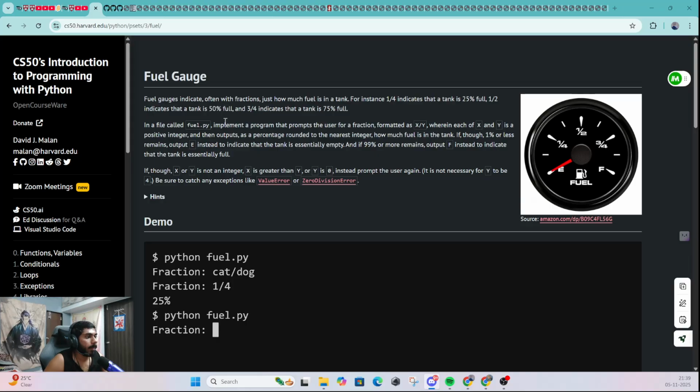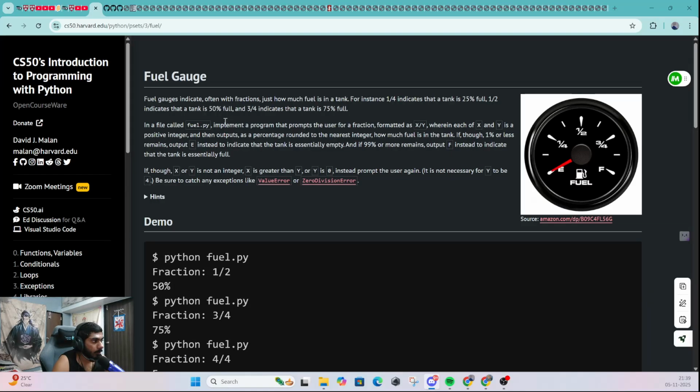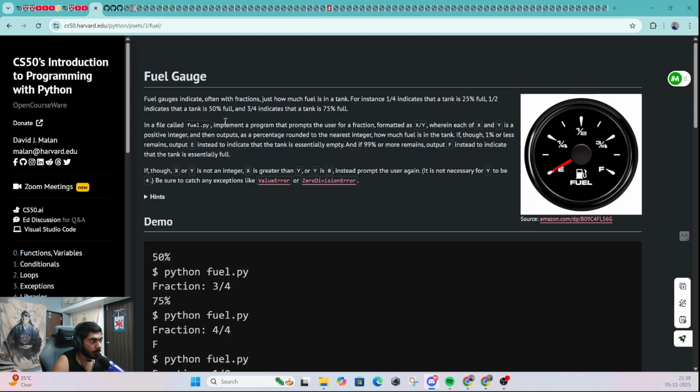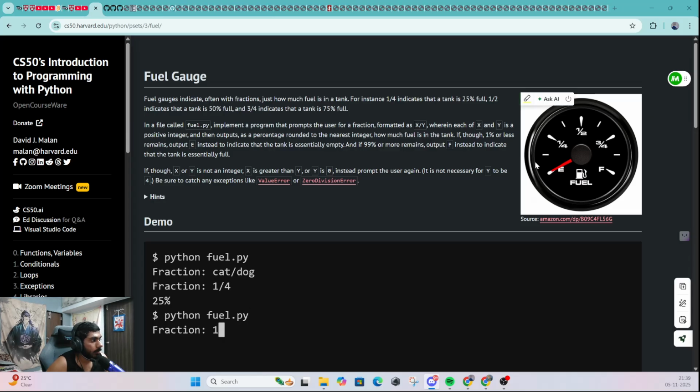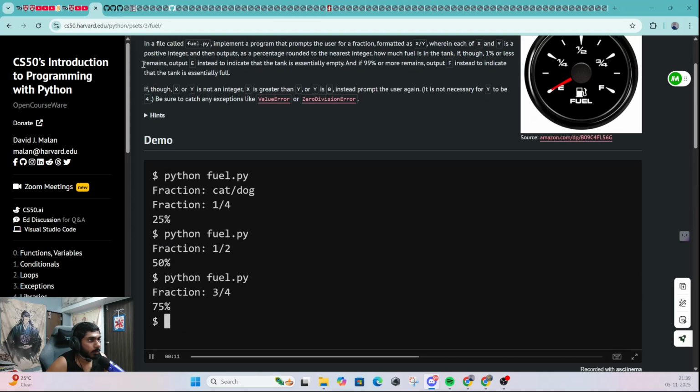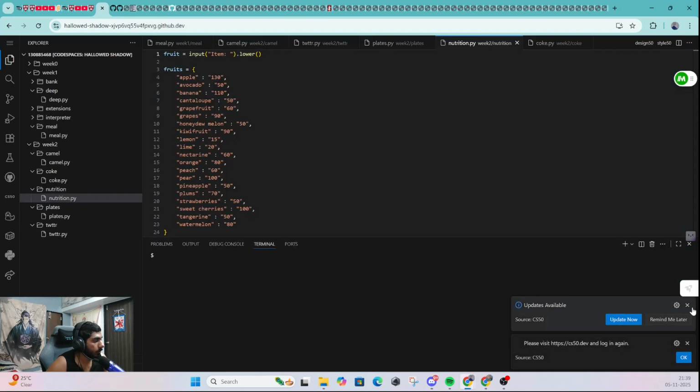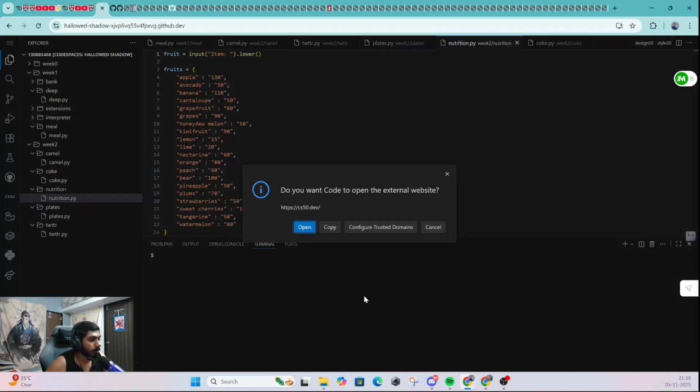Yeah. So fuel gauges indicate, often with fractions, just how much fuel is in a tank. For instance, 1/4 indicates that tank is 25% full. 1 by 2 indicates it's 50%, and 3 by 4 it's 75%. So fuel dot py, of course. So yeah, let me just close these things,